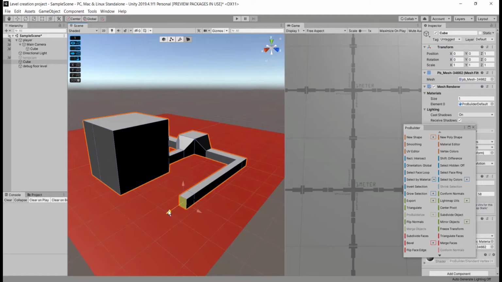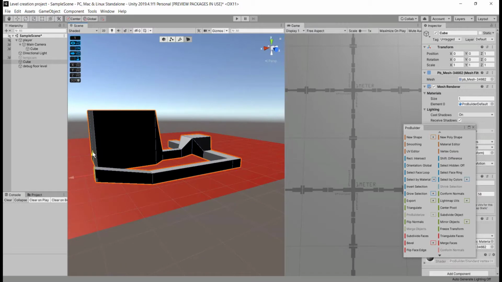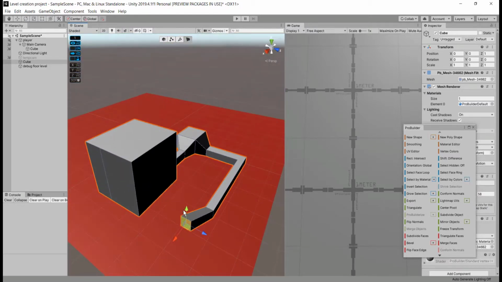Instead of keeping our corridors in the same level or in the same elevation, we can add a slope to our corridors by moving the face up or down like this. Then you can extrude again.